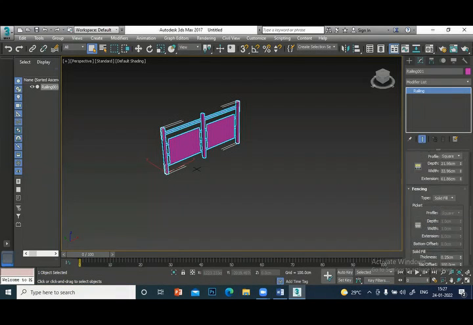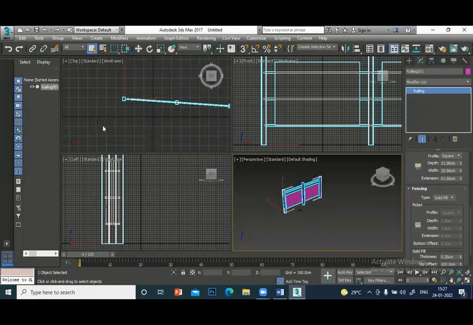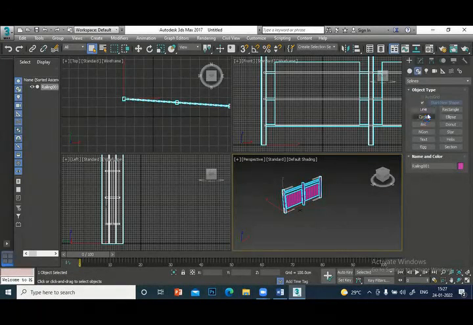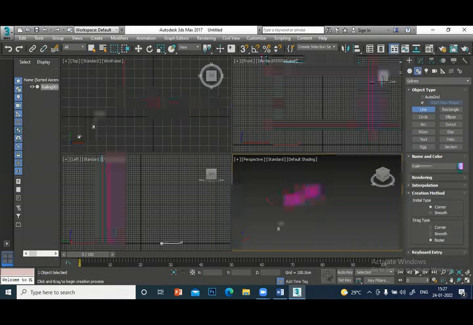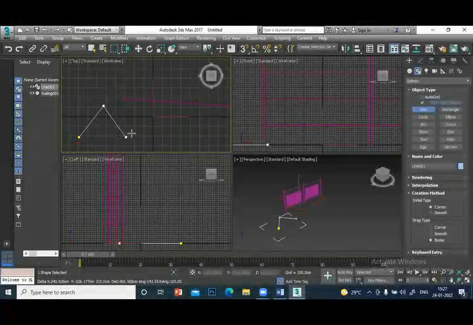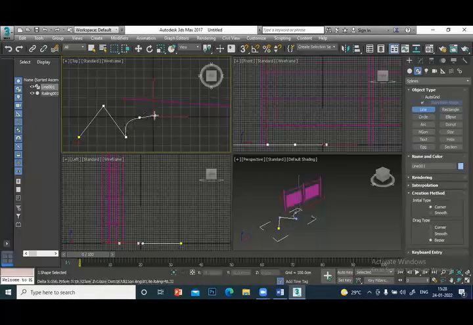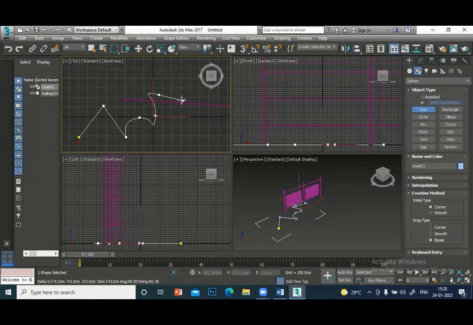And one more thing is that suppose you have your own line here. I can import some path to create the fencing line. I create line, line, line, like this.